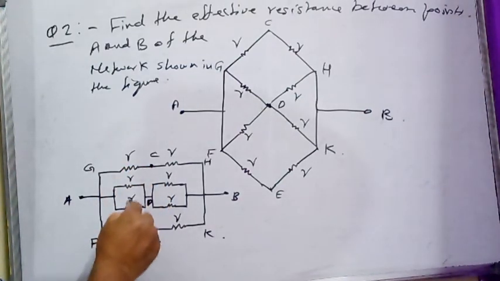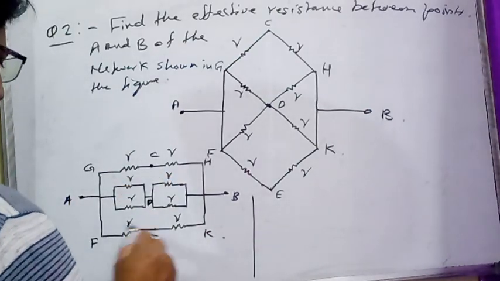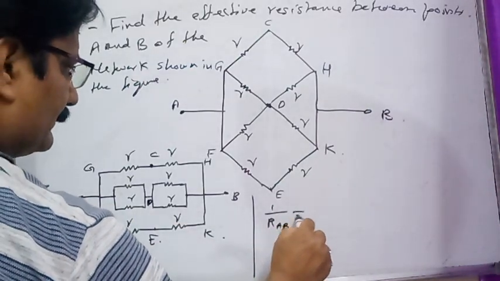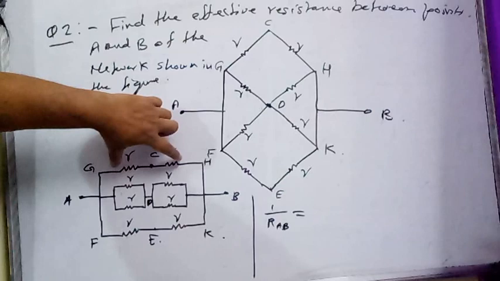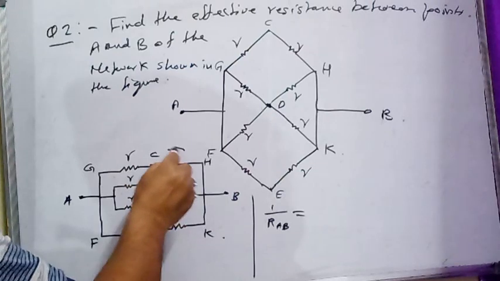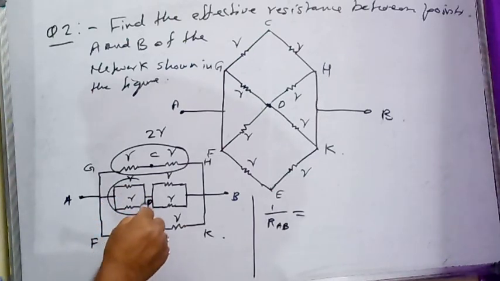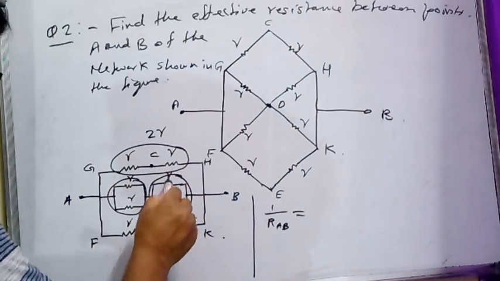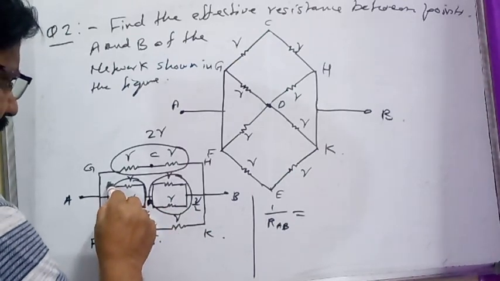If we solve this combination by the parallel combination formula, for the total resistance between points A and B, 1 by RAB, you can see these two and these two and these two resistors are going to be in parallel. So the total resistance of this section of the circuit is 2R. If you solve, the total resistance of this part is R by 2. The total resistance of this part is, being in parallel, again R by 2, but these two sections are in series, so the total resistance of